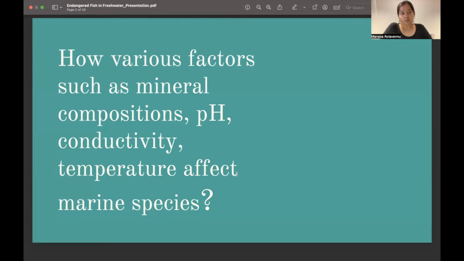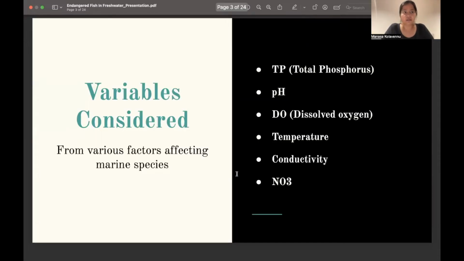So we wanted to know what all factors such as mineral compositions, pH, conductivity, temperature affect the marine species. So for that, the variables we have got from the data sets we have collected are TP, total phosphorus, pH, dissolved oxygen, temperature, conductivity, and nitrate. So we did a statistical analysis on how these various variables affect the living species in the freshwater lakes in